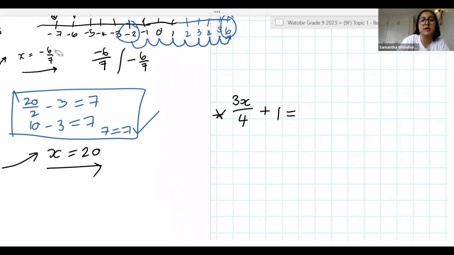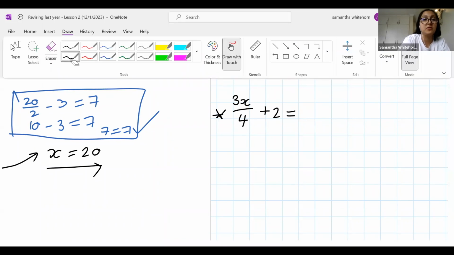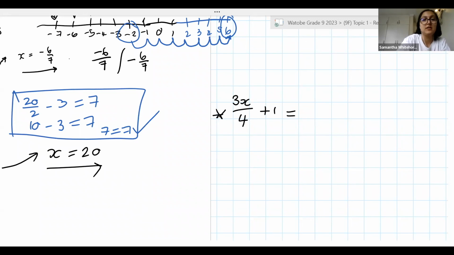Trying to do quick maths in my head. Clearly, my brain is still on holiday mode. Maybe plus 1 equals 4. Oh, plus 1 equals 4. My brain's still on holiday